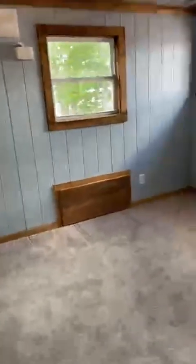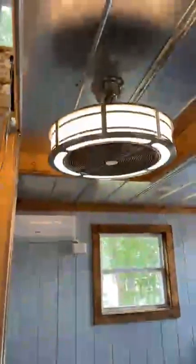Of course, I got a TV. It's not mounted yet, but big TV. That looks like a 50 or 55 inch. Again, this is the only carpet in the whole place. It's in really good shape. They use this as like a game room for their grandkids and nephew. You got a fan there. And up top is